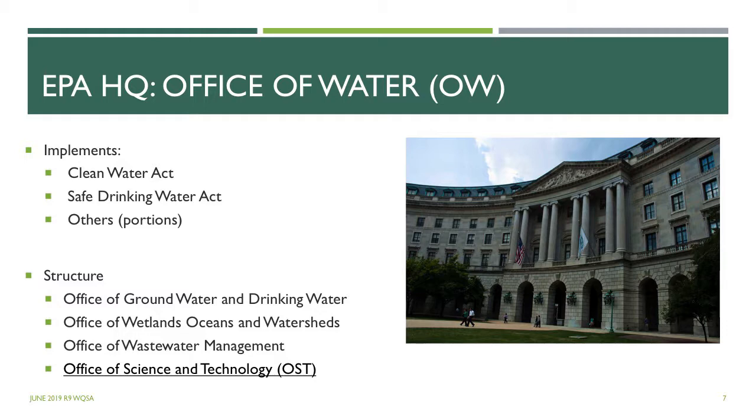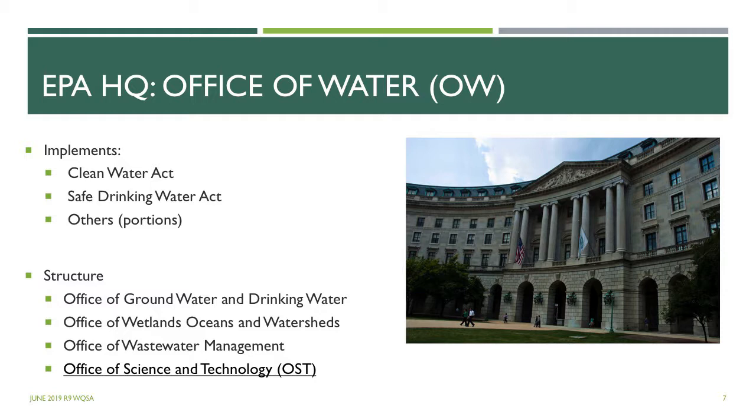Policy, communications, and budget staff support the overall operation of the Office of Water. In addition, water divisions in all 10 regional offices work with stakeholders to implement all programs. There's an organizational chart also in your electronic materials. The role of the Office of Water is to provide agency-wide policy, guidance, and direction for EPA's water-related programs. These include water quality, drinking water, wetlands, marine and estuarine protection, and other programs.